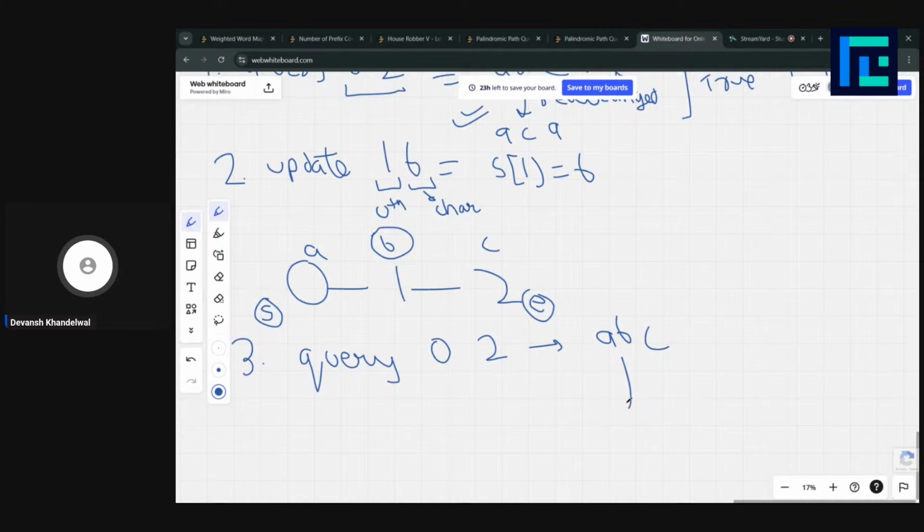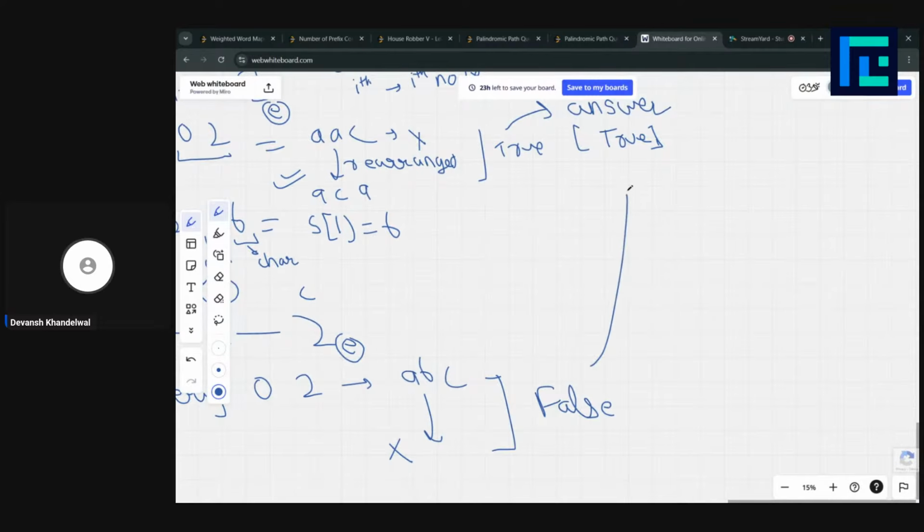No, I think we cannot rearrange this to a palindrome. Got it. So for this query we are going to return false, and we are going to push it to our answer.